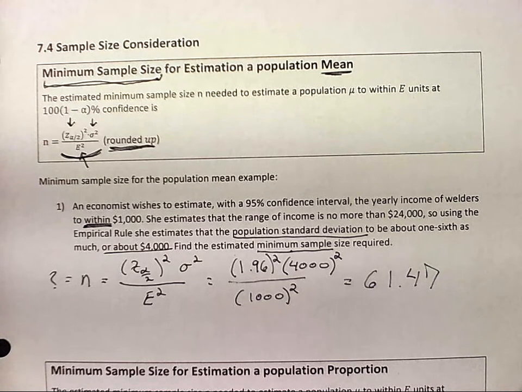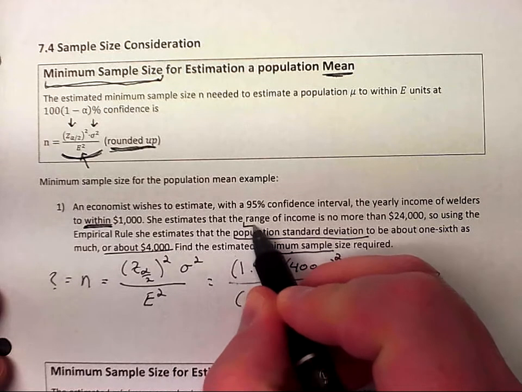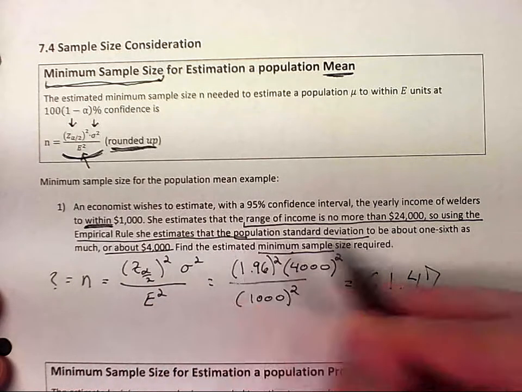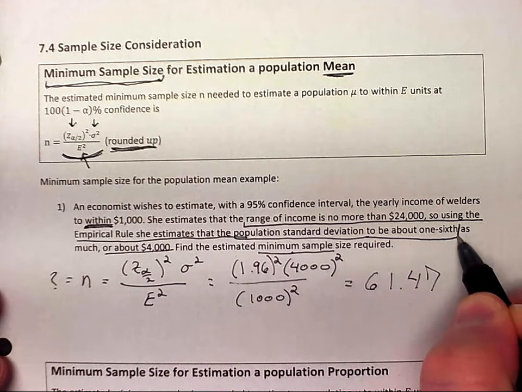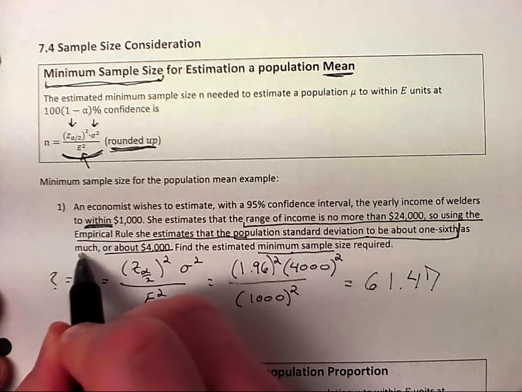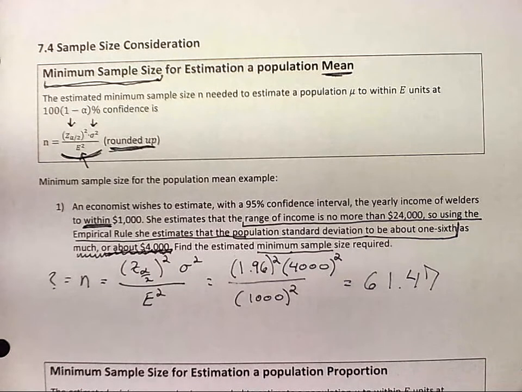Yes. Okay. So this portion right here, she's estimating the range of incomes to be no more than 24,000. So using the empirical rule, she's estimating this to be about 1/6. I'm just going to stop right there, right? Suppose that we didn't get this other portion right here that I'll now underline with a squiggly line. Exactly. So now it'll be 1/6 of 24,000, and 24,000 divided by 6 is just 4,000. So what they're doing right here with this empirical rule is